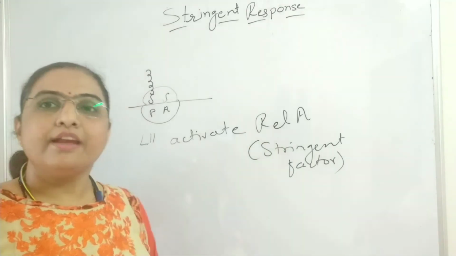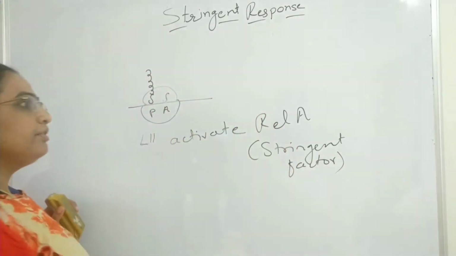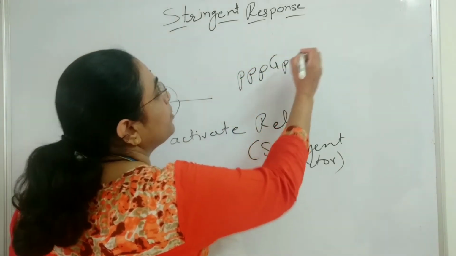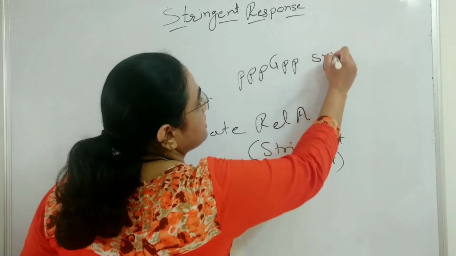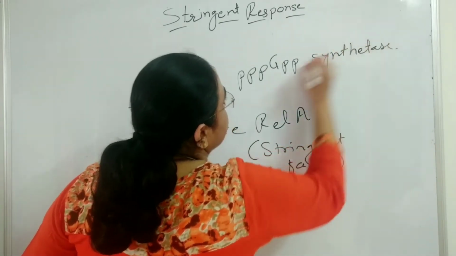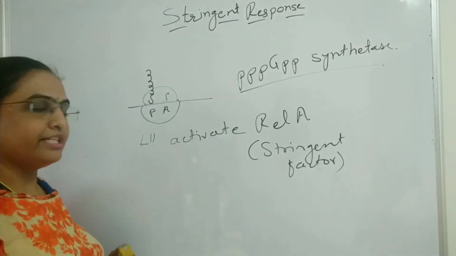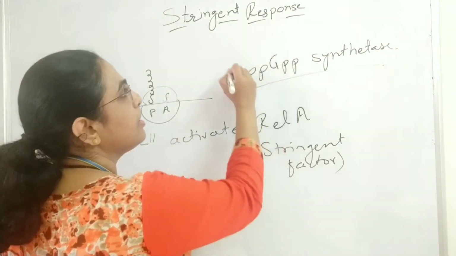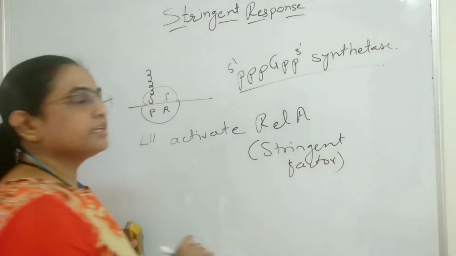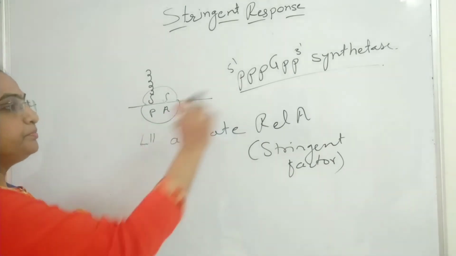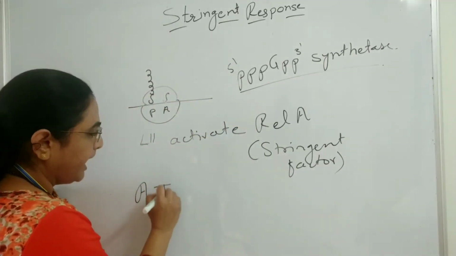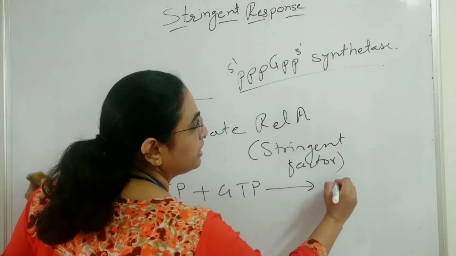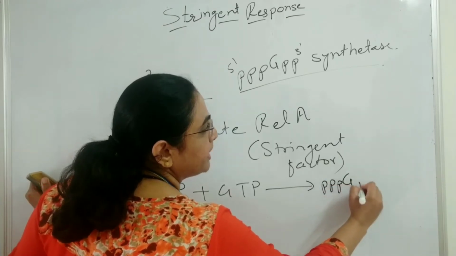Now, what is the function of this RelA? Another name for RelA is guanine pentaphosphate synthetase. It is guanine pentaphosphate synthetase, meaning the RelA is going to synthesize guanine pentaphosphate. So here ATP plus GTP is going to give the guanine pentaphosphate,